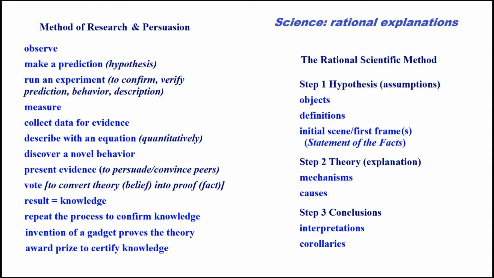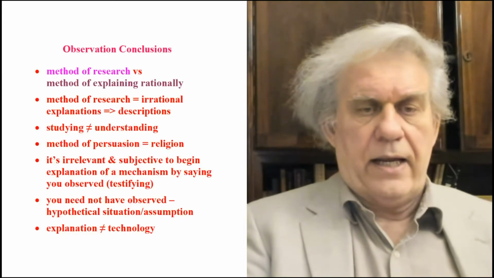And what are you going to explain? You're going to explain mechanism and causes. That's under physics. Philosophy, you explain something else. Okay, we call it reasons and purposes. And here are the conclusions to this, so that you can see why we don't need observation at all in science.